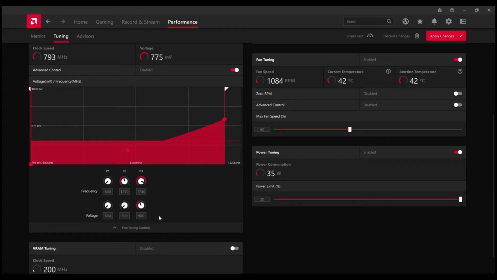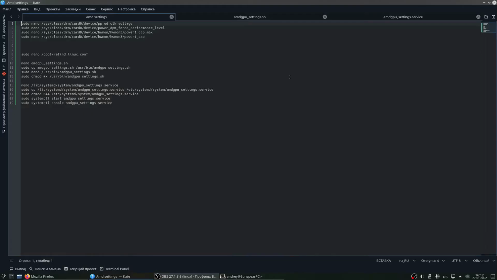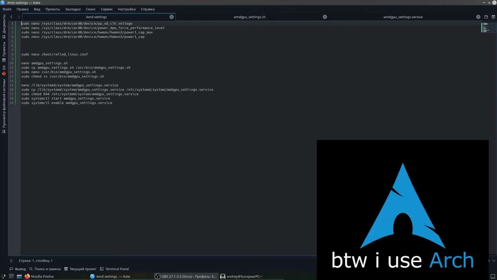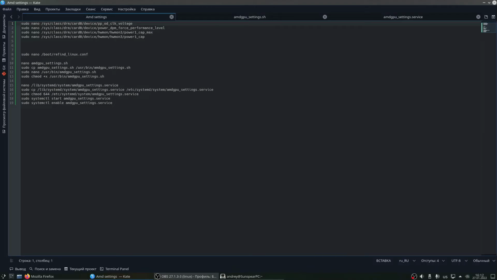Okay, that's all the settings on Windows, but I also have a second operating system, which is Arch Linux. So let's switch to Arch, and I'll show how to do the same settings, but in terminal, because Linux usually doesn't have a Radeon software GUI. Okay, now let's talk about GPU settings on Linux. I use Arch Linux, by the way, and on Arch Linux the GPU driver I use is mostly